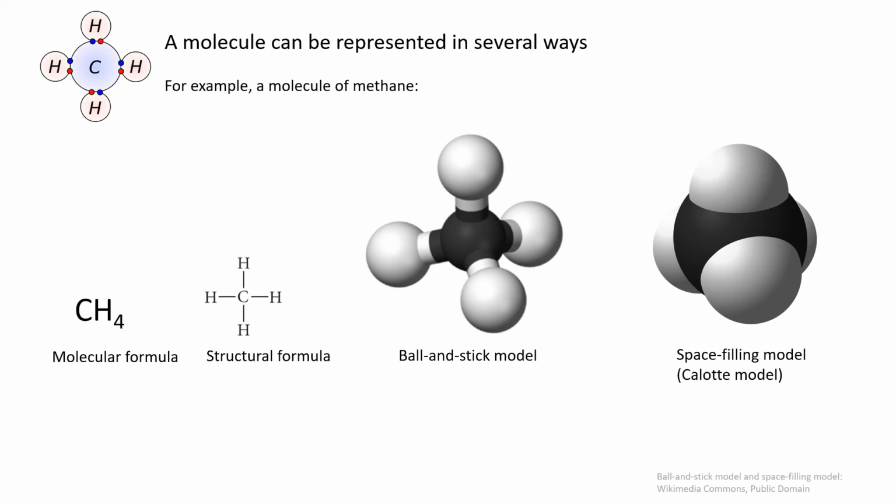A molecular formula simply counts the numbers of each sort of atom present in the molecule, but tells you nothing about the way they are joined together. The structural formula for a compound gives the same information as its molecular formula, but also shows how the atoms are connected in the molecule. The structural formula for methane contains symbols for 1 C atom and 4 H atoms, indicating the